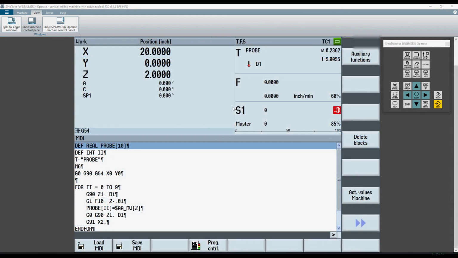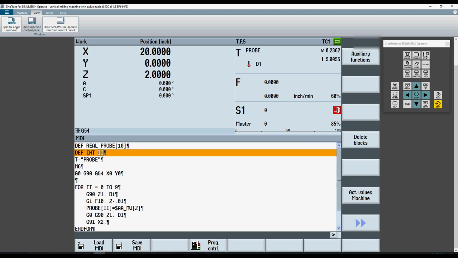So let's look at this in more of a real-world perspective. I have a DEF REAL probe[10], which will give me 10 probe positions in this variable array called probe. I define an integer called II, only because if you were to do a for loop in C language, typically you would say something like